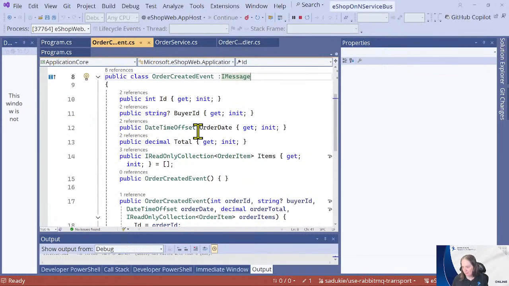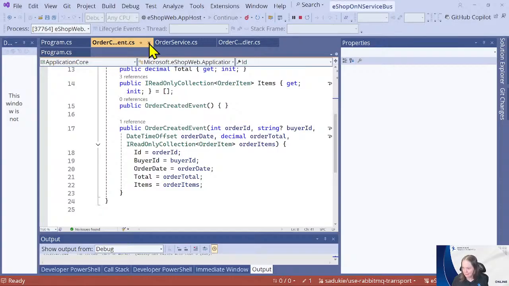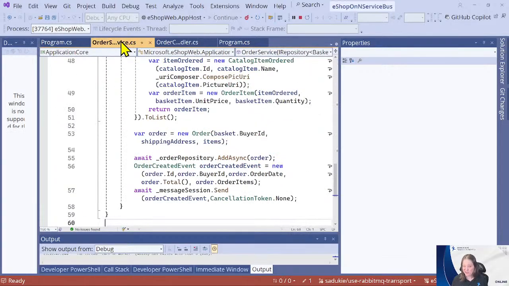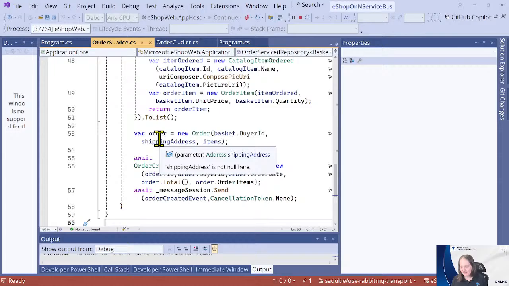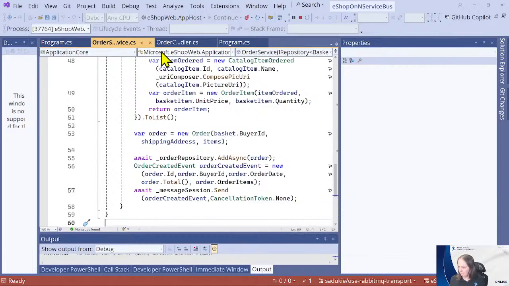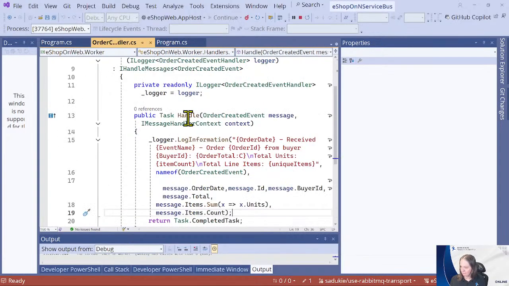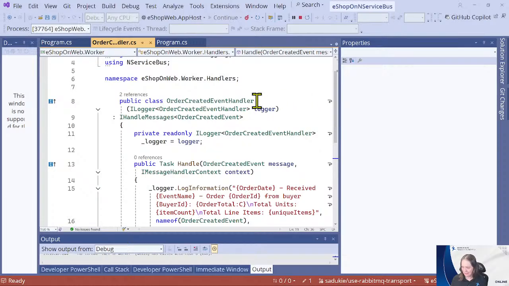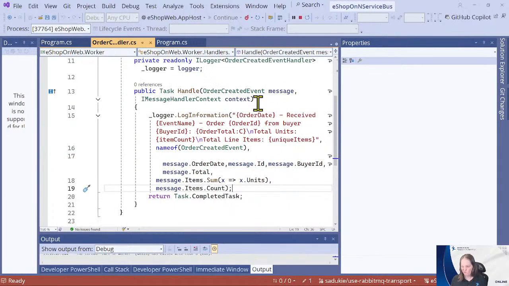Nothing changed with the order created. I left it as is. In fact, I didn't even change the order service for the demo. The order service is still going to send it using the message session. So we're good there. The order handler, anything really changed there? No. Nothing really changed in the handler.